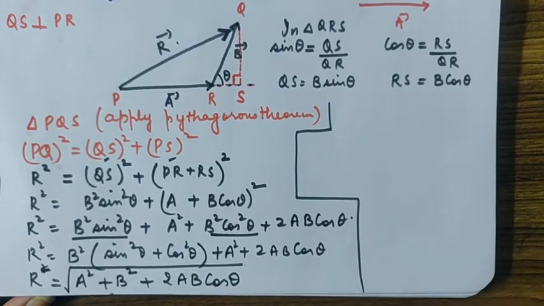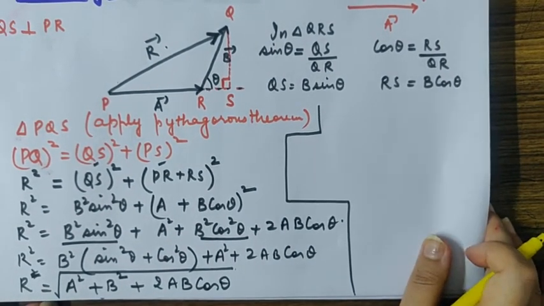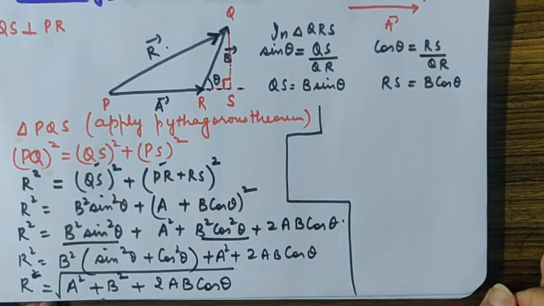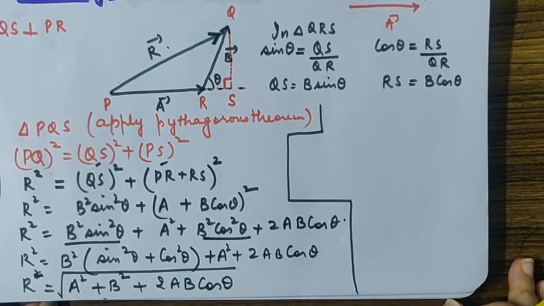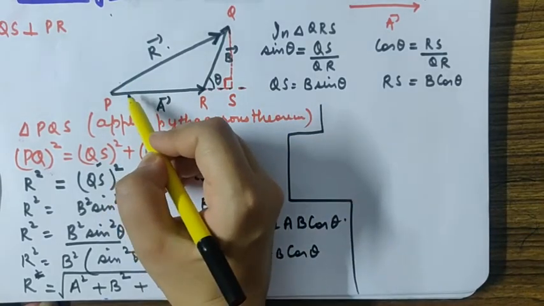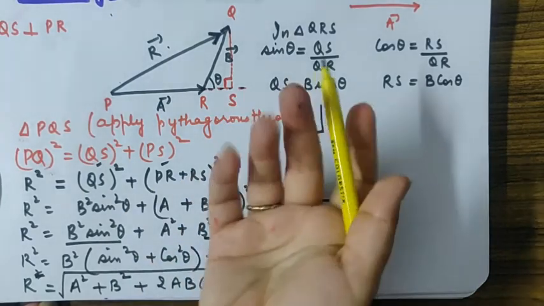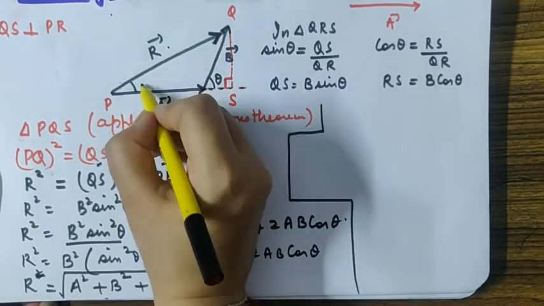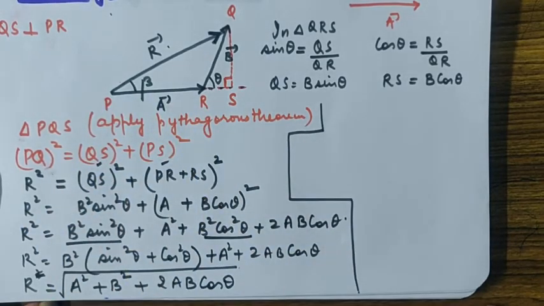Now we'll be finding out the direction of the resultant. For finding out the direction, how could I give the direction of R vector? How could you give? Will you write it is in north east direction or something? No, because we exactly don't know whether this is north or this is east or this angle is 45 degree. So we cannot write it in that manner. I can just say that this makes an angle beta with A vector. So that will be a better option, right?